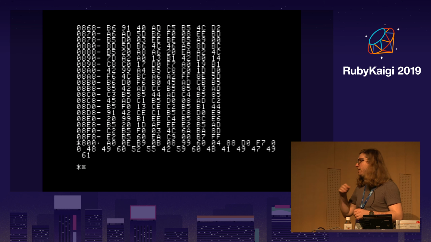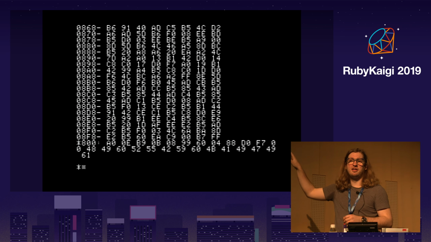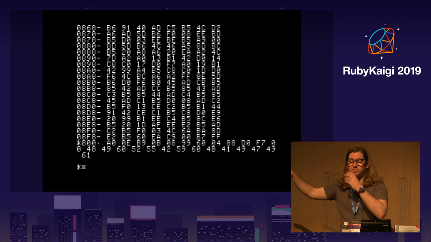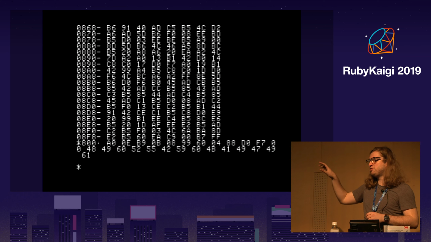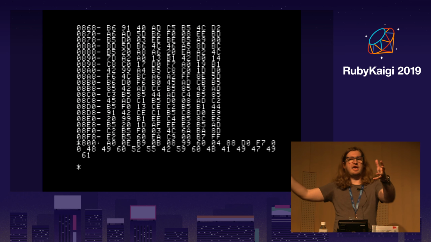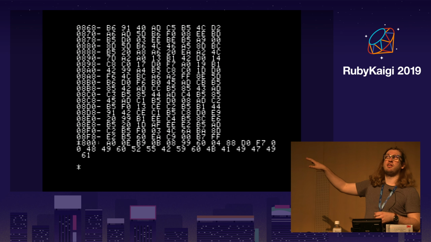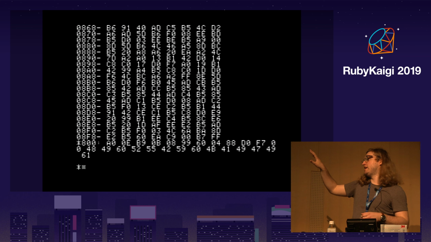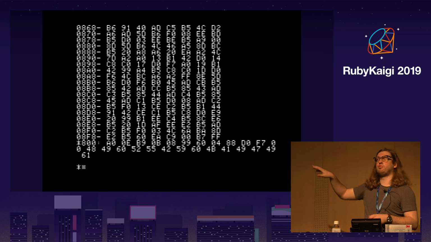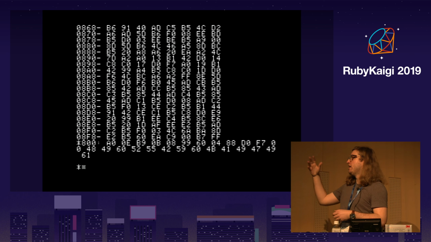Now, machine language doesn't look very readable, but it was actually a long time before we had assembly programming languages to make it easier to write out machine code. There was a graduate student named Don Gaels, whose job was to take in the programs that professors and others would write and hand translate them into machine code. He thought this was really time consuming, so in his free time he started to write an assembler,